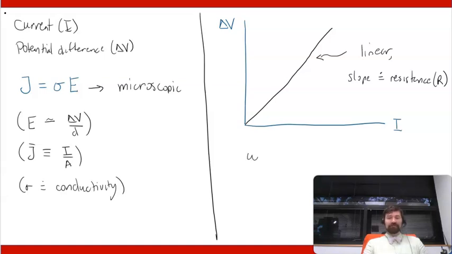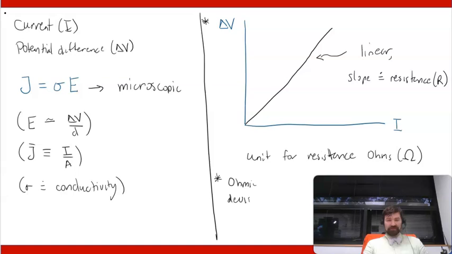The unit for resistance is the ohm. And this is an example of what's called an ohmic resistor. So the unit for resistance is ohms. We use a capital omega. This is for specifically what are called ohmic